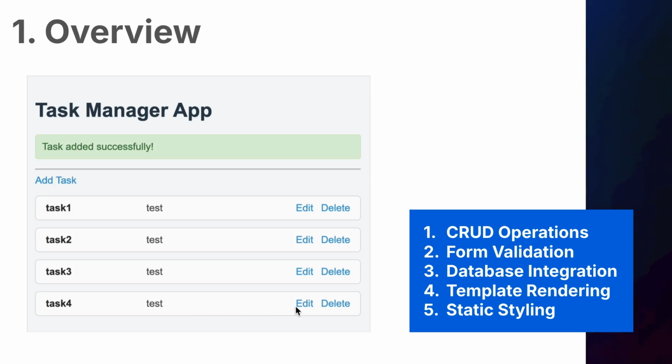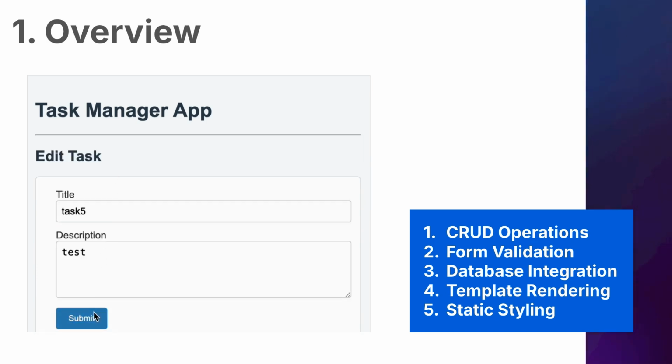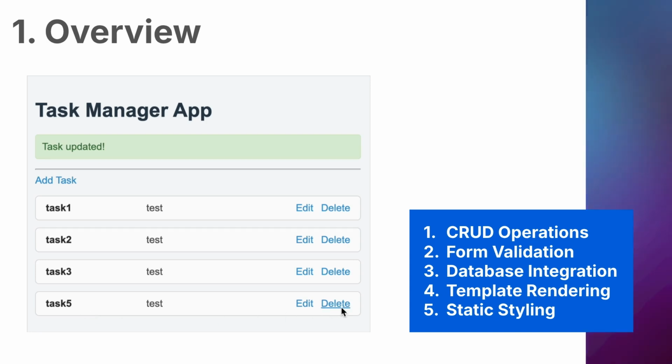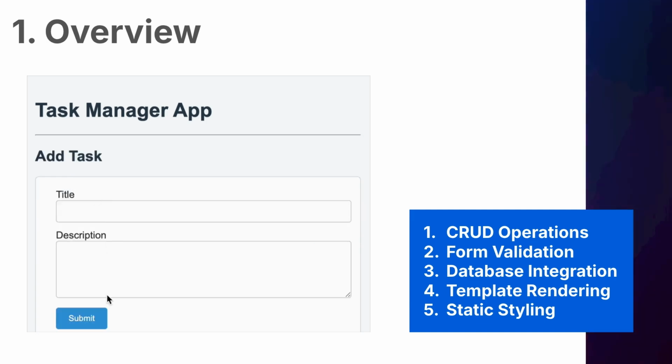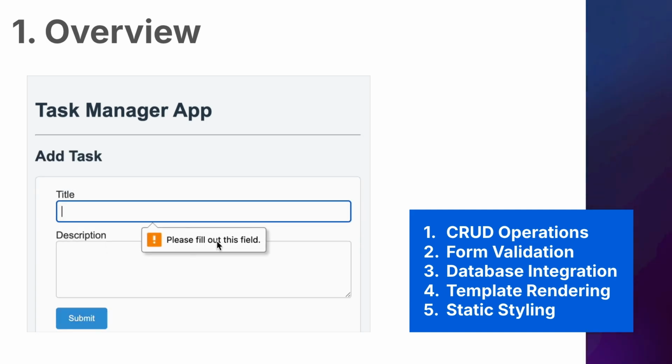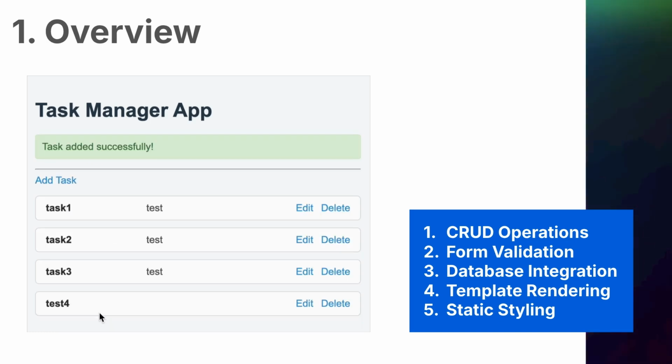For example, when you open the app in the browser, you're greeted with a clean title at the top, Task Manager, along with a link that says Add Task. Below that, you see a list of existing tasks, each displayed with a title, a description, and 2 buttons, Edit and Delete. When you click Add Task, you're taken to a form with fields to enter the title and description